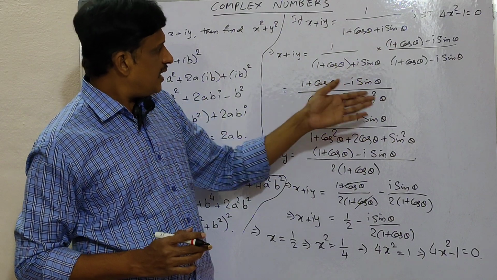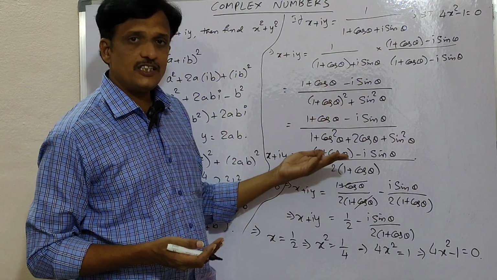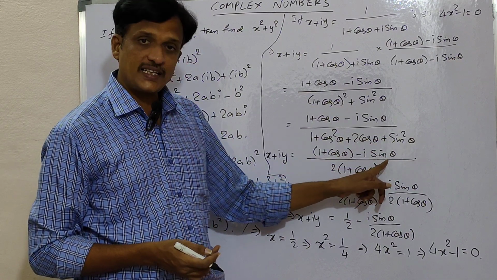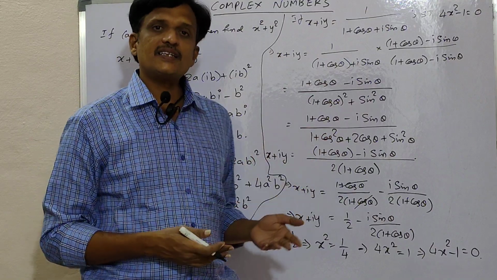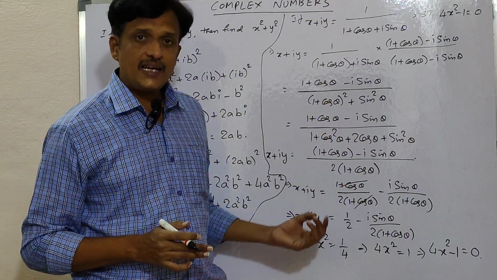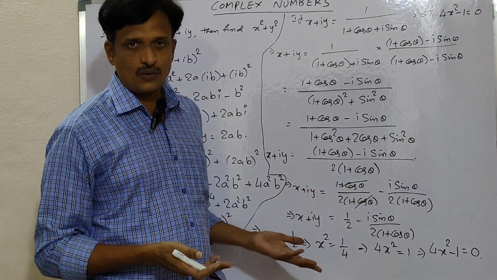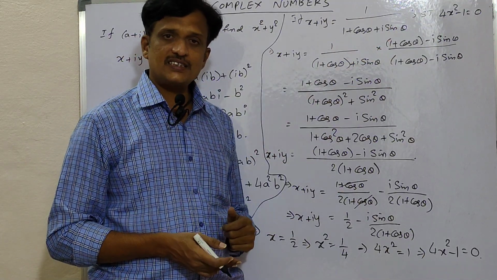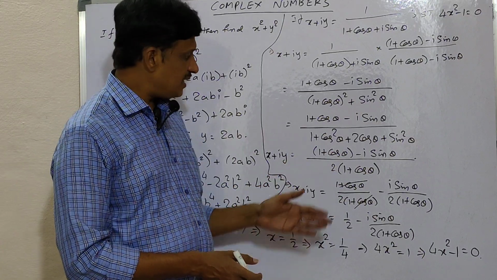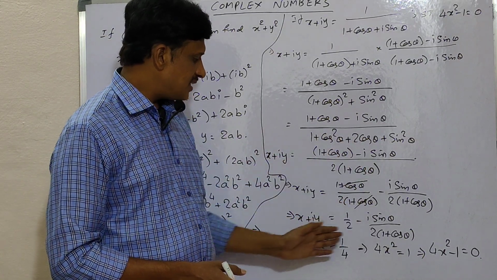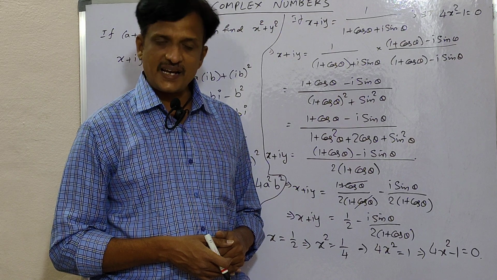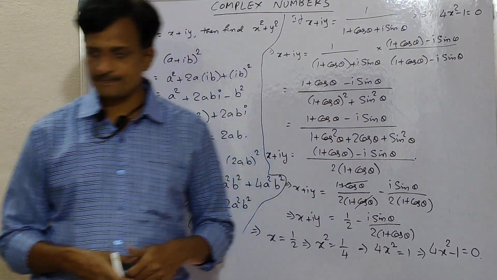Otherwise, here you can write this in the simplified form, like 1 plus cos theta is 2 cos square theta by 2, and sin theta means by using sin 2a is 2 sin a cos a, you can write 2 sin theta by 2 cos theta by 2. Then you can eliminate the common term. Then also you will get the simplified form. But after equating real and imaginary parts, it is enough to consider the value of x only here, because we need to show that 4x square minus 1 equal to 0 gives x equal to 1 by 2. So that is why without writing any simplification, simply I am separating real and imaginary parts. You are getting the value of x, find x square, and cross multiplication gives 4x square minus 1 equal to 0. That is the required result.